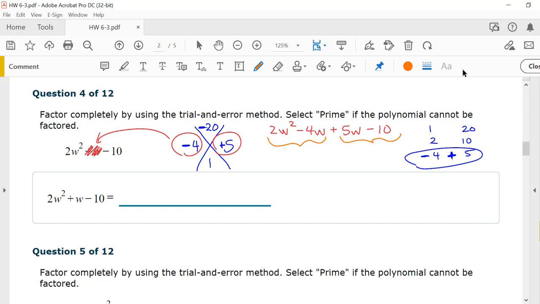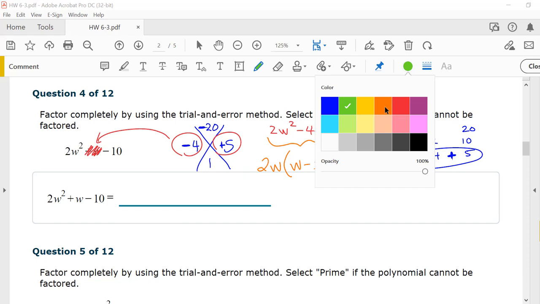What can I pull out of these first two terms? I can pull out a 2w. I would be left with a w minus 2. I want to do a little mental check. 2w times w is 2w squared. 2w times negative 2 is minus 4w. So I did that correctly. Plus,